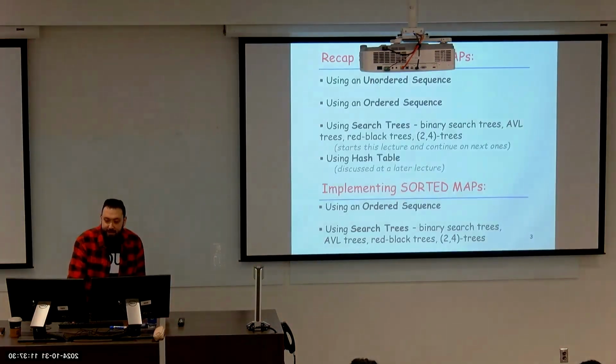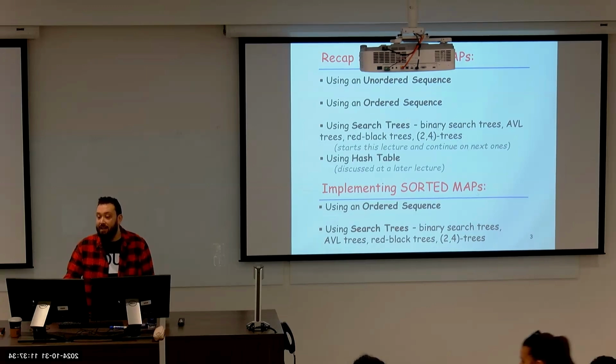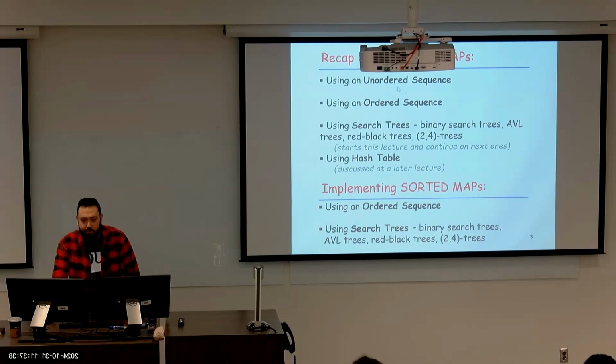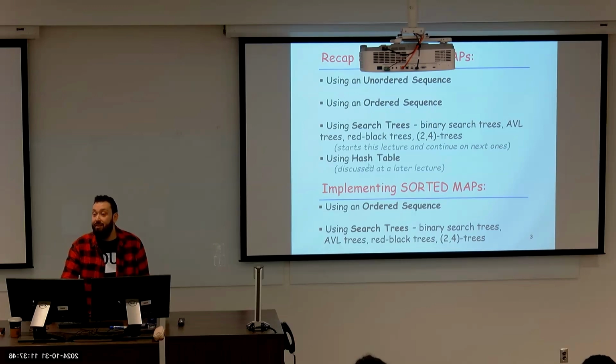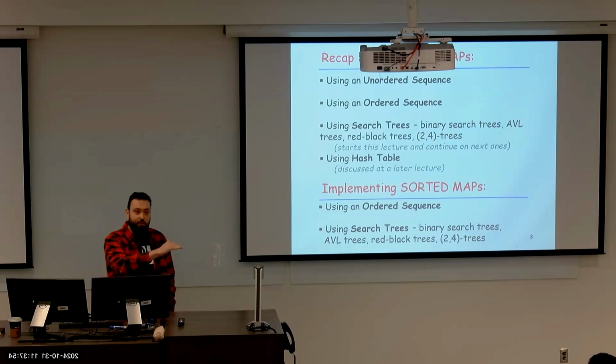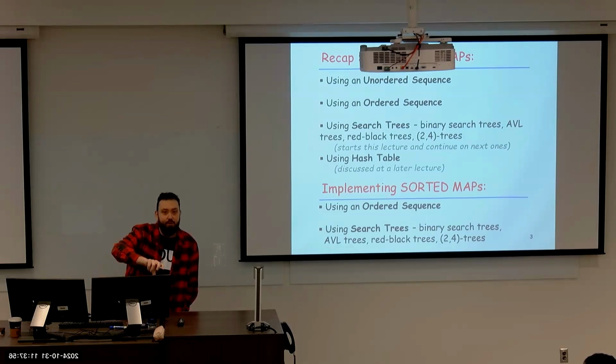Because on one slide that I shared with you, when we were doing the binary search trees, we said that to implement the map ADT, we tried it with unordered sequence, we tried it with ordered sequence, and then we said, okay, we're going to check binary search tree, AVL, and so on. But we also mentioned that there is another way, called hash tables, that we can also implement maps with. So just to keep the flow of the map, we're going to cover it and then go back to the